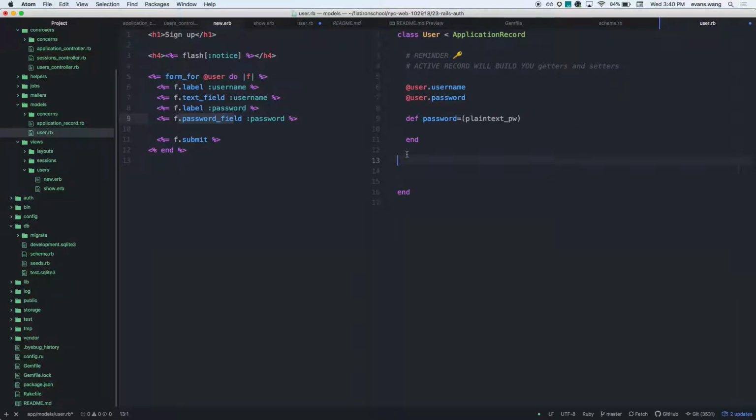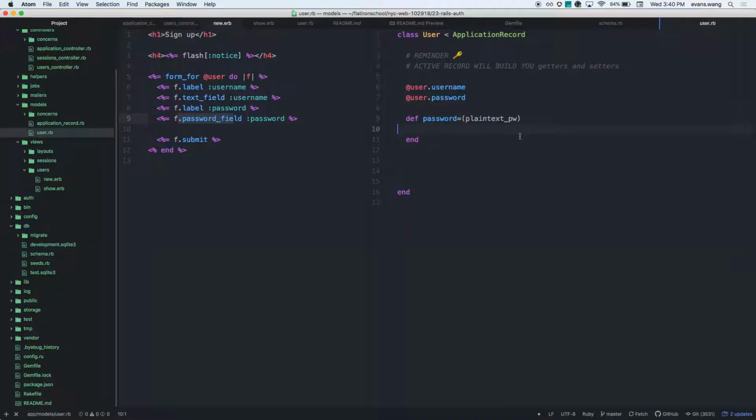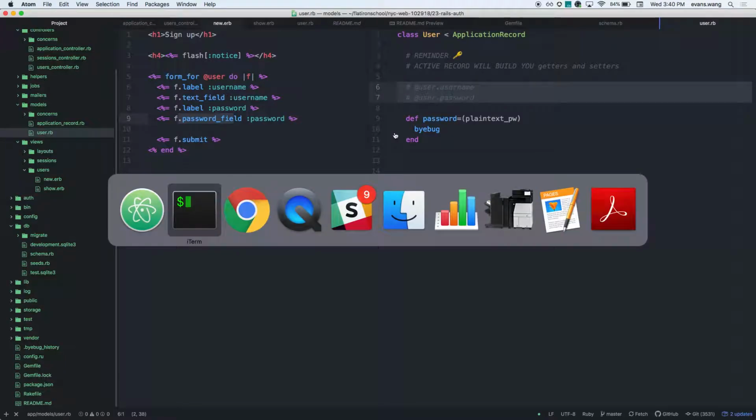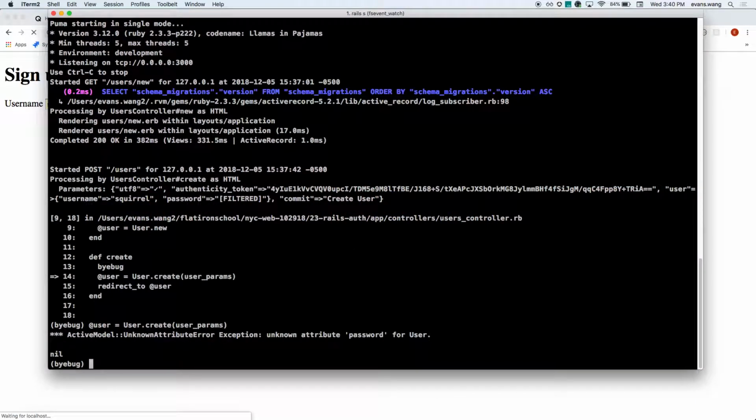It did not build me the getter and setter for password. Why? Because my attribute name inside my schema is password_digest. So what we'll do here, inside password equals, is drop a byebug. We don't need this. This is just a reminder of those getter methods. And all I'm going to do is